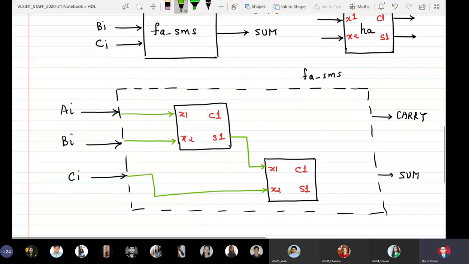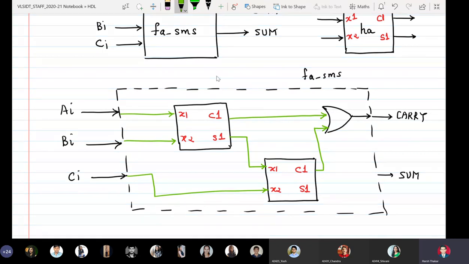Similarly, we know from second year that there has to be an ORing between the carry outputs in order to generate the carry. So the carry output of the full adder is a logical ORing between the carry outputs of the individual half adders. Okay. So the carry output of the first instance becomes the first input of the OR gate, and similarly the carry output of the second instance becomes the second input of the OR gate.